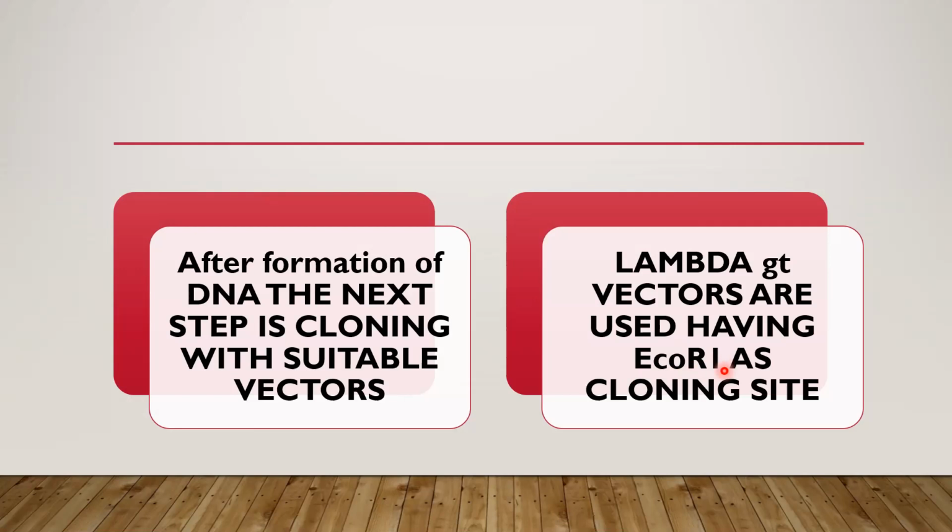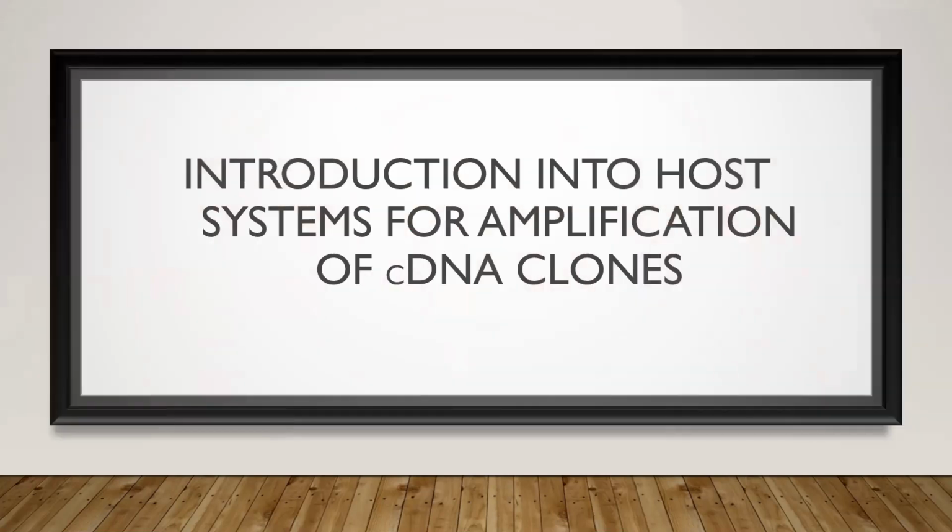So after cutting the particular vector, we will insert our DNA. When we cut the vector, we also treat those vectors with alkaline phosphatase for removal of phosphate from the 5' end. Then we will insert our DNA and then we will use the enzyme DNA ligase. So when we have inserted it into the vector, that vector will multiply inside the bacteria or inside the phage. Multiplication will occur and many copies of DNA will be produced. So we will get clones of DNA which has been created from the messenger RNA. So when clones are produced, we have got multiple copies of DNA.